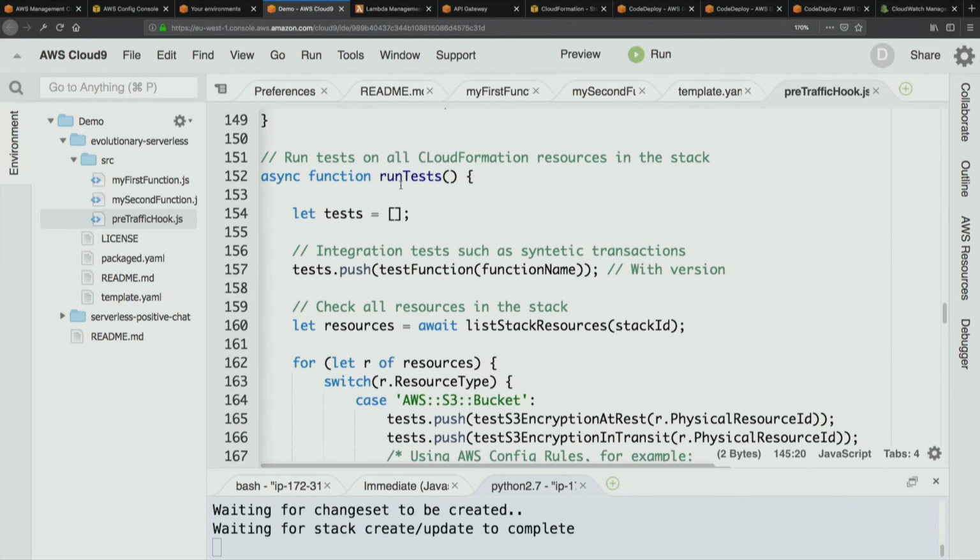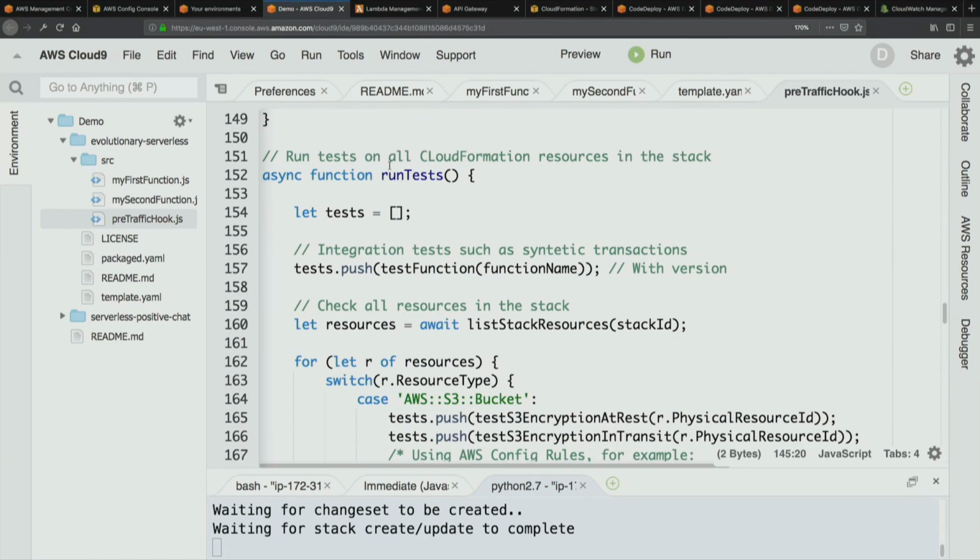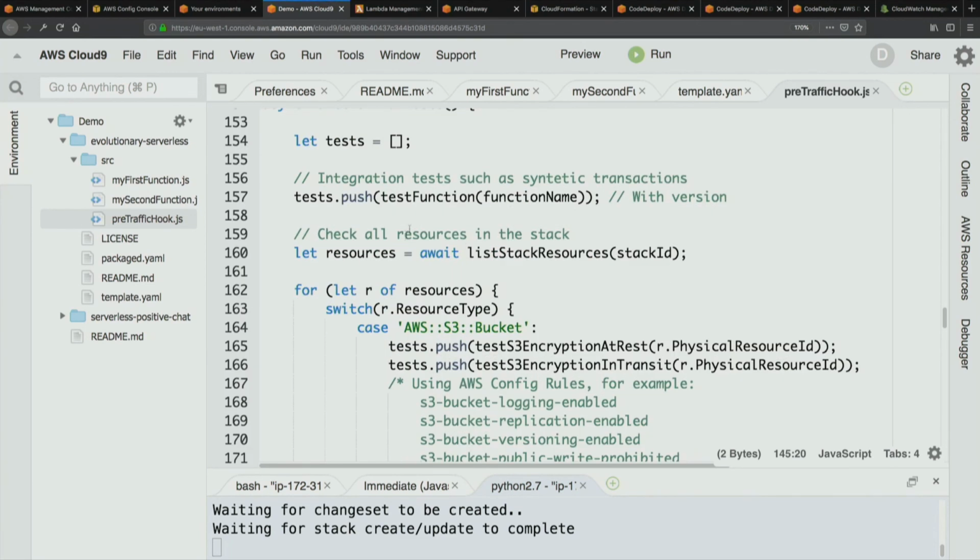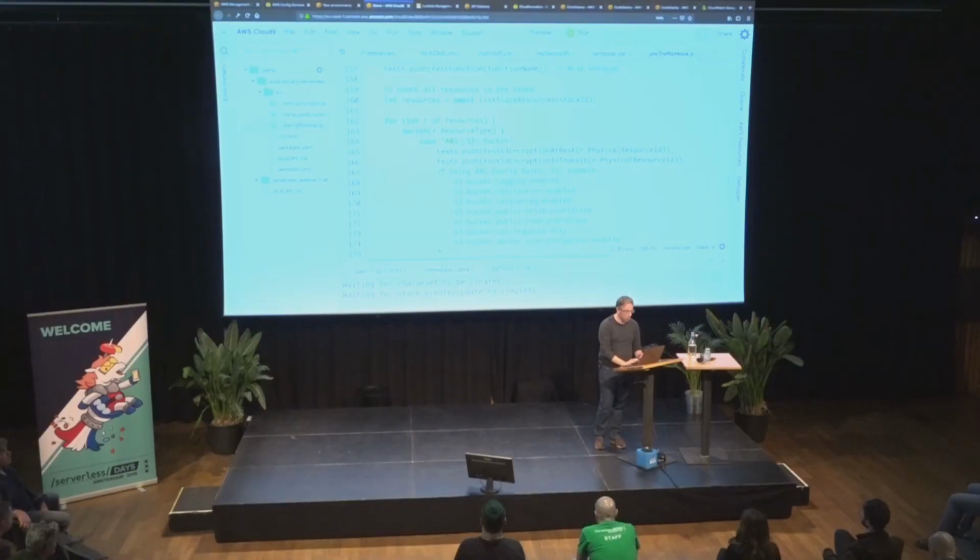And then I'm running all the tests almost all at once. Using JavaScript, I create a list of promises, and then I launch all the tests at once because I don't need lots of computation. And this is how I work. So I have the list of the resources in my stack. And then for each resource type, I have my specific test. So for any S3 bucket, I want to test encryption, and then I want to do a generic compliance test with AWS Config.